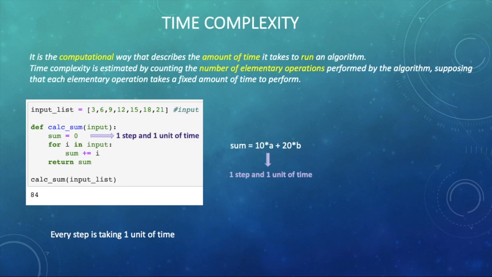It does not matter what the value of input size is. Like sum equal to 0 always takes a constant amount of time only. Even if we have a statement like sum equal to 10 times a plus 20 times b, we consider that it takes only 1 unit of time. Though in reality, when we convert this into a program, it runs a total of 4 steps, 2 for multiplication, 1 step each for addition and assignment. But we are not going into that detail and we simply analyze and say each statement takes 1 unit of time for understanding time complexity at the basic level.